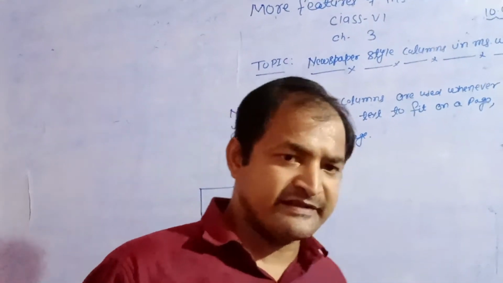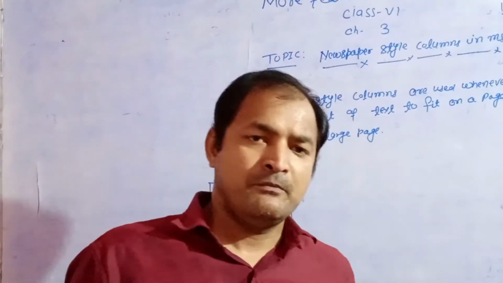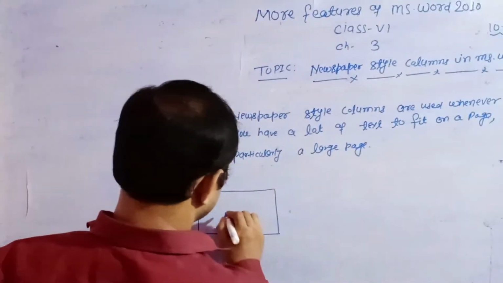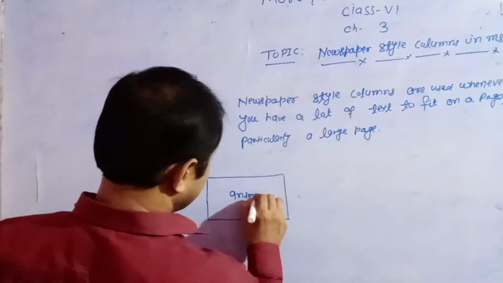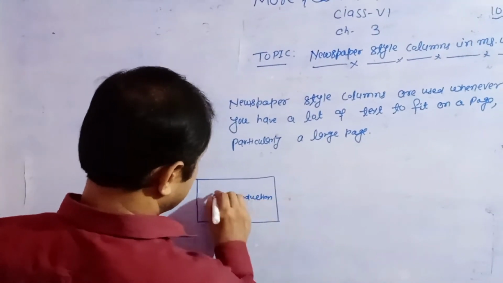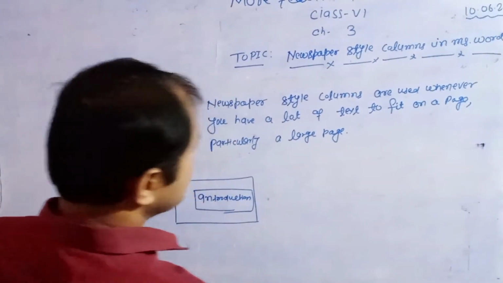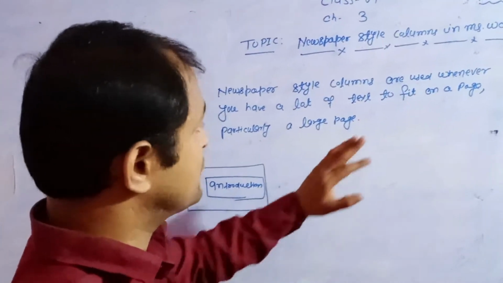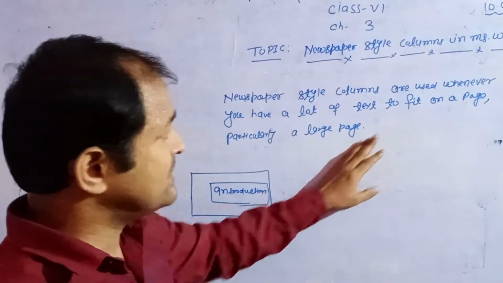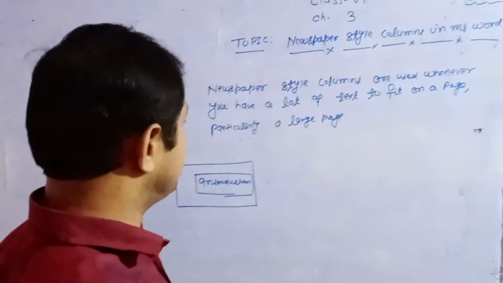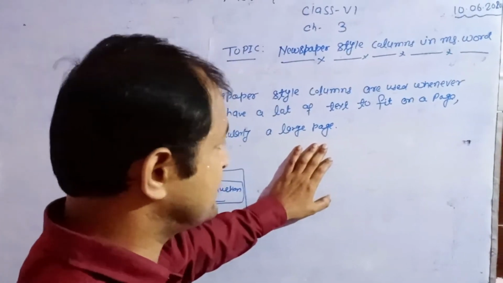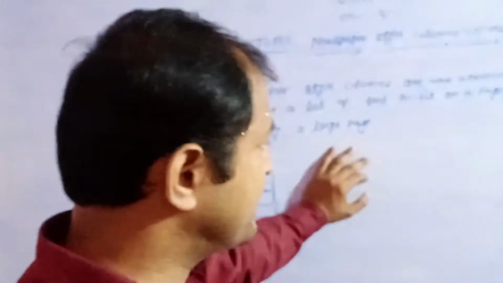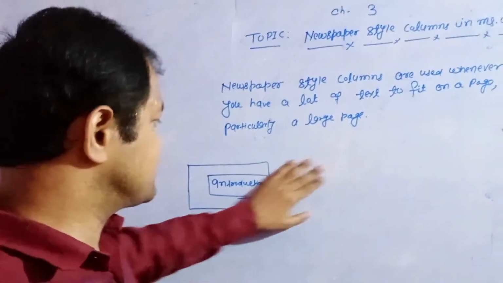I write any such type of bibliography. So first of all, I choose the text in the introduction. This is the introduction text to fit on a page. So whichever text you choose goes on a particular page, particularly a large page. There are many page sizes available in MS Word, and it is your choice which one to use.